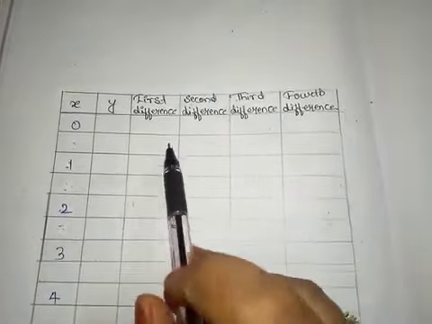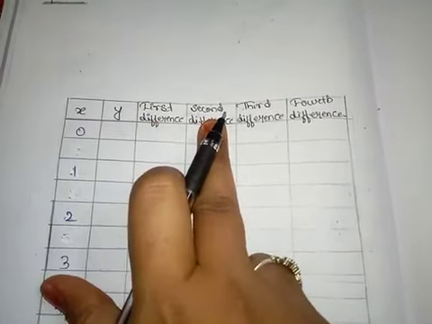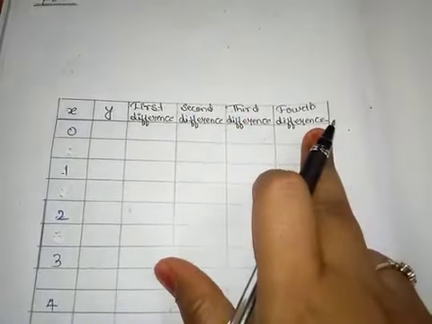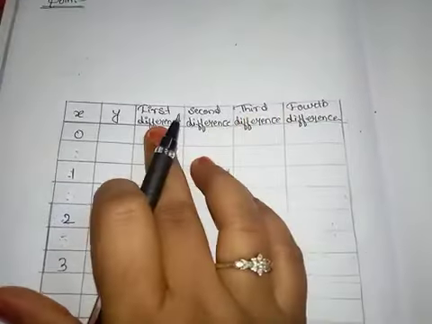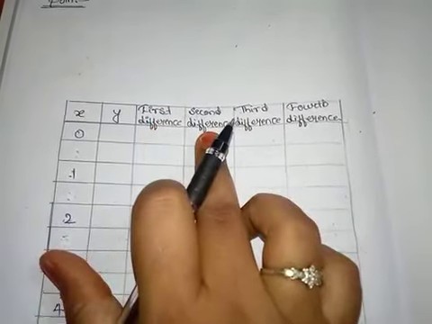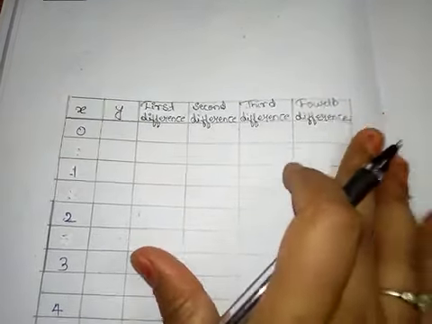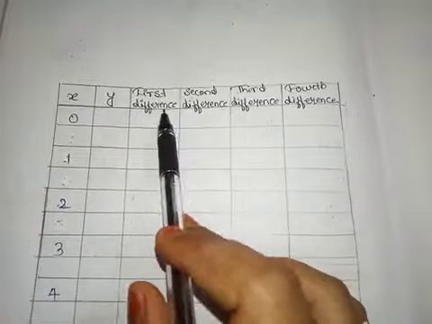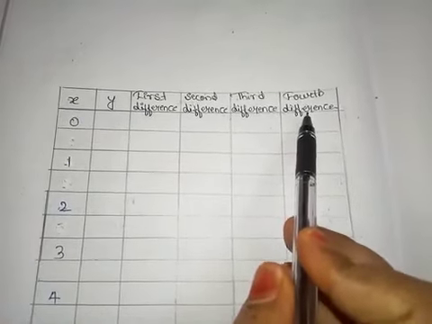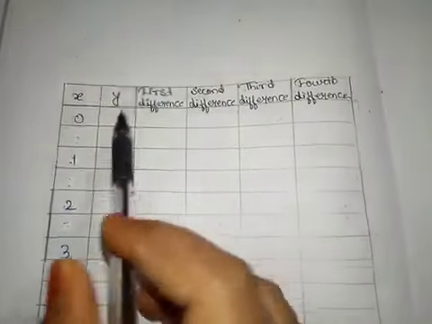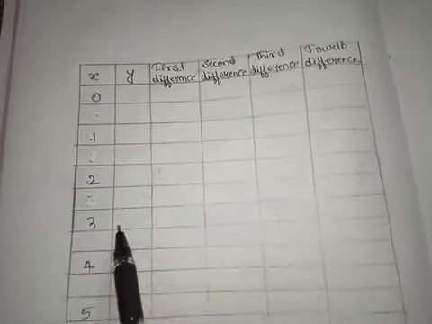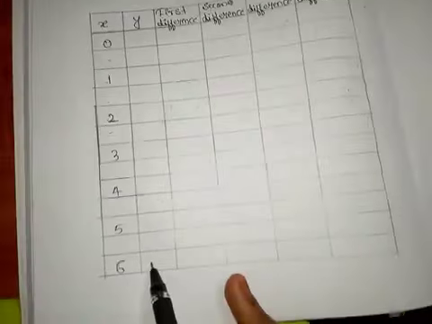Means if we solve for forward, we have to take delta y, delta square y, delta cube y and delta raised to 4 y. And when we solve for backward, we have to take del y, del square y, del cube y and del raised to 4 y. Since here we are not solving for any particular difference, I am taking just first, second, third and fourth difference to avoid any confusions. Okay, let us find the functional values, means y naught, y1, y2, y3, y4, y5 and y6 values.